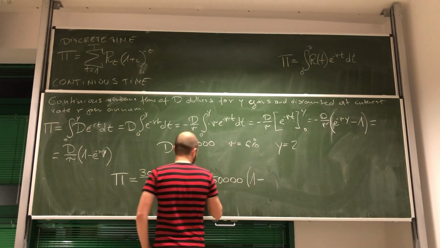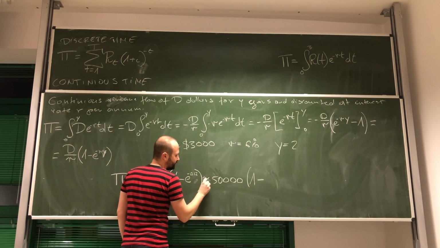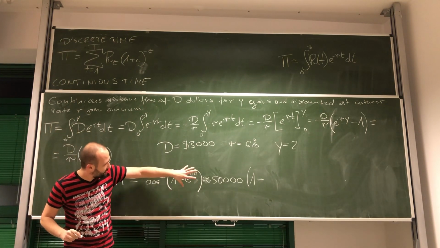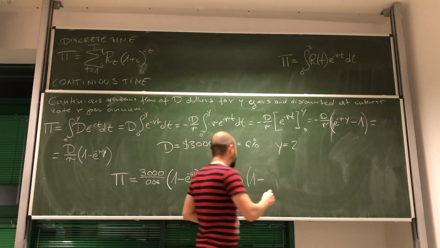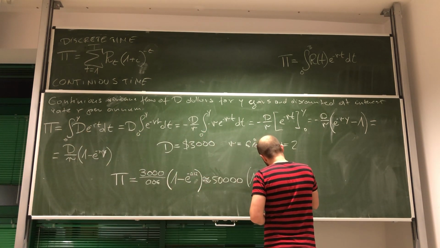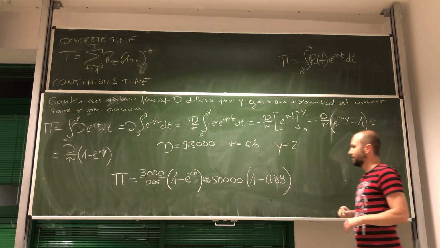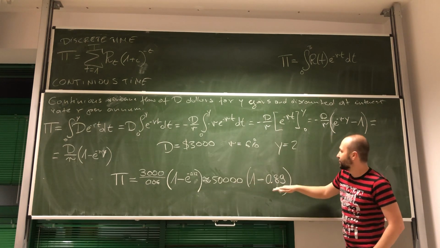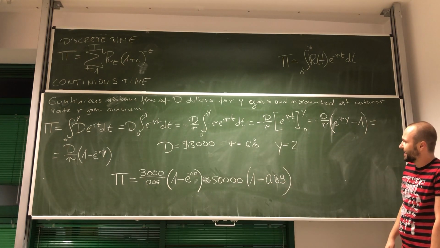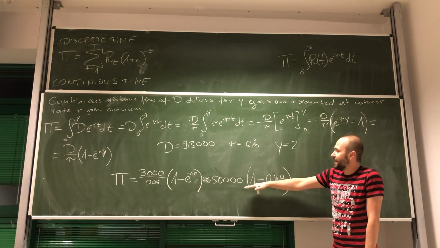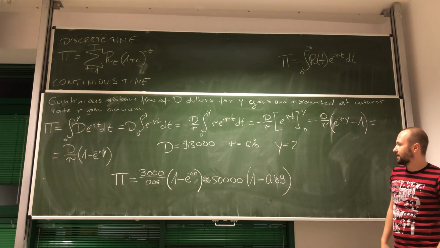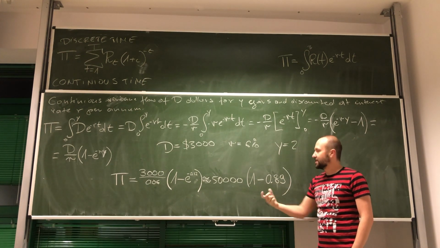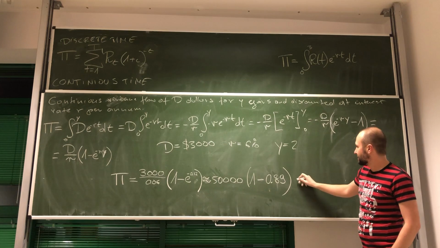Let me just change this into approximately because I'm going to be approximating this value, and in approximation this is around 0.89. Okay, now all I need to do is calculate. I'm going to get 0.11 out of this, multiplied by 50,000. This will give us